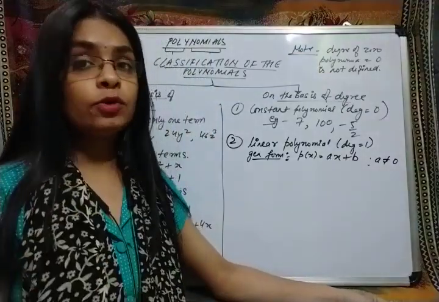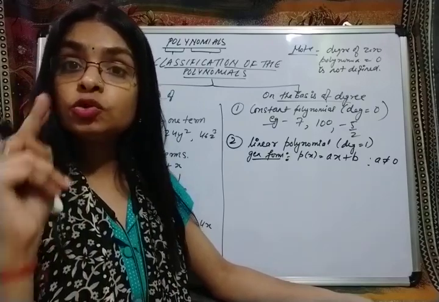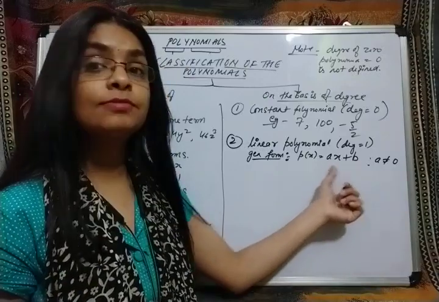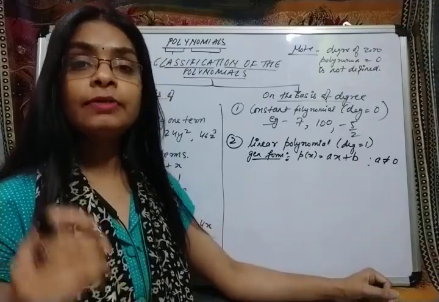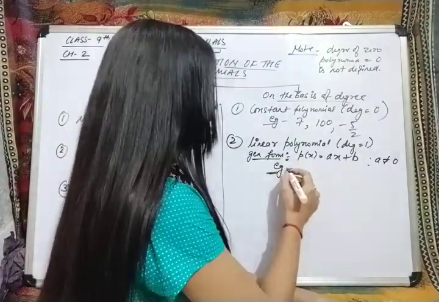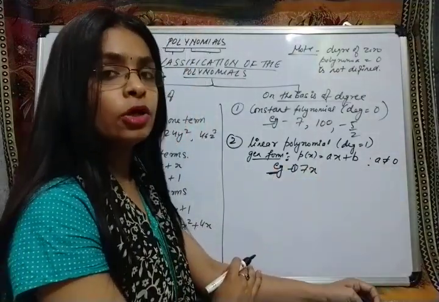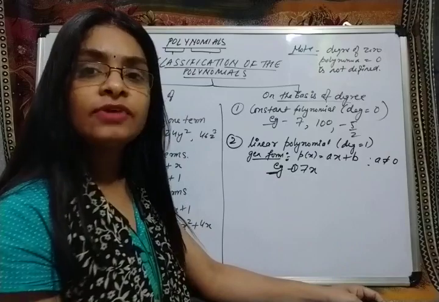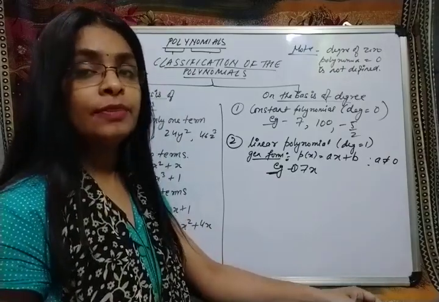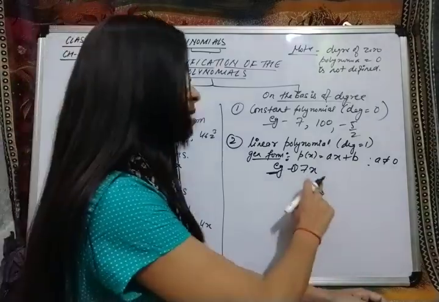And I have already told you a polynomial of degree n contains at most n plus 1 terms. Now here the degree is 1, so 1 plus 1, at most 2 terms. So the general form contains 2 terms. But if I write an example like 7x, this is also a linear polynomial, but it contains only one term. The constant one is not there, but it is still linear, because it is not mentioned how many terms should be there. I said at most, not at least. Okay? So 7x is one example.